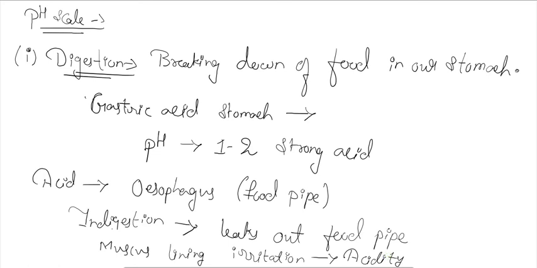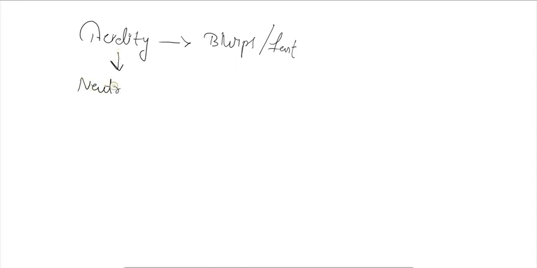So, what happens after acidity? You will get burps, which in Hindi we call dakar. Gas will be released from our body; a high amount of gas will be formed there. To release that, burps are there, and sometimes we also fart more. So in order to stop this and to neutralize the acidity formed in our stomach, we have to use antacids.